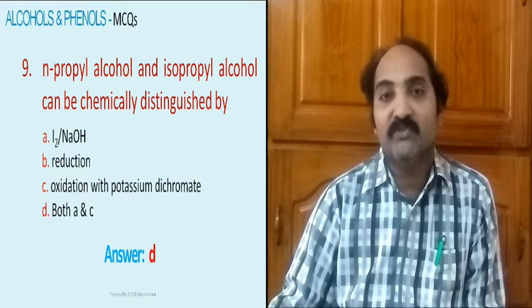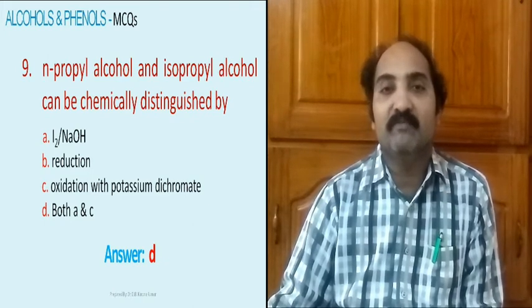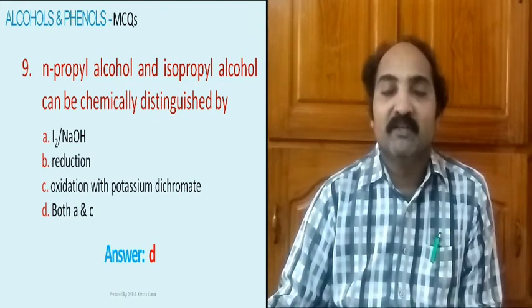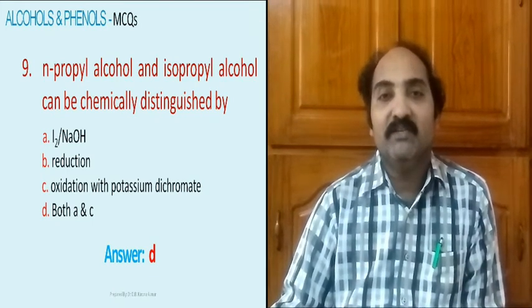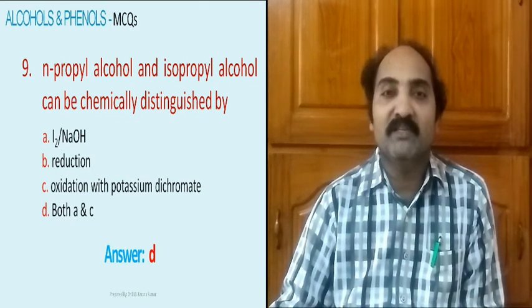These two can also be distinguished chemically with the help of an oxidizing agent, because primary alcohols on oxidation will give initially aldehydes, which on further oxidation will give you carboxylic acids. Whereas secondary alcohols on oxidation initially will give ketones, which on forced oxidation further will lead to the formation of carboxylic acids with lesser number of carbons. So in this way we can distinguish primary and secondary alcohols, that is in this particular case isopropyl alcohol and N-propyl alcohol. However, we have one more very important reagent which can be distinguishing isopropyl alcohol and N-propyl alcohol.